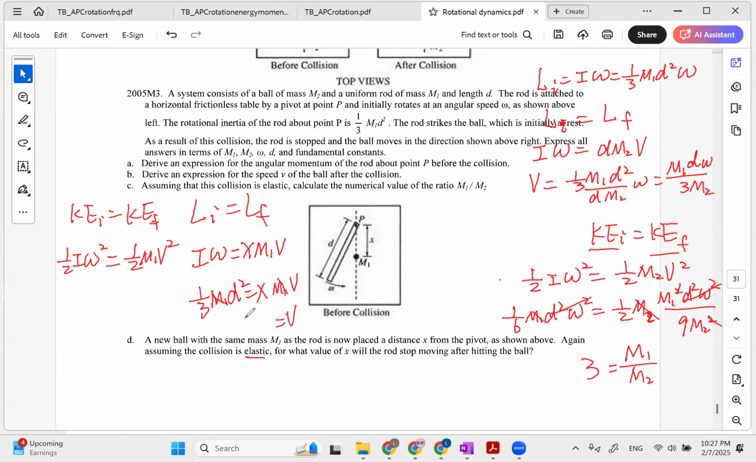So V will be equal to D squared over 3X, right? Then you can plug in here: 1/3 m1 d squared omega squared equals m1 v squared, right? So you can plug in here. So it'll be 1/3 d squared omega squared, and then it will be d to the power 4 over